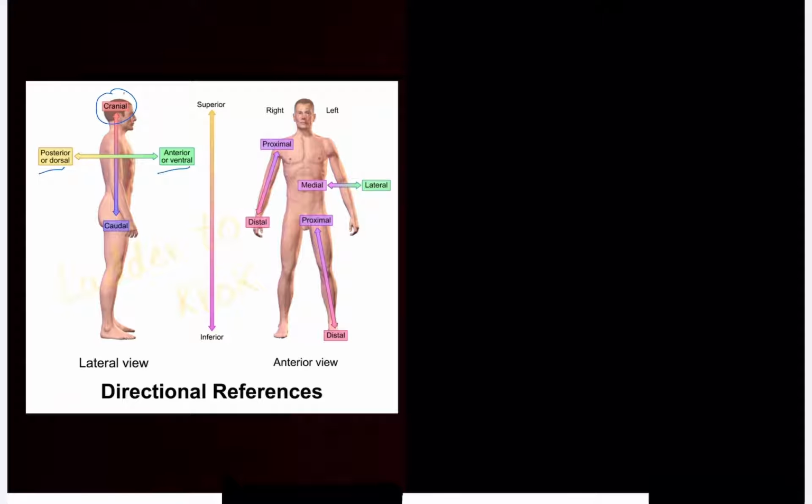Cranial means skull. So anything towards the cranial side, that means they are pointing it towards the head side, towards the skull side. Caudal in Latin, in English it means tail. So anything towards the tail side. Here you have a bone, right? Coccyx. We humans don't have a tail, but we do have a remnant of it, which is known as coccyx, a bone. So that's called as tail. So anything towards the tail side will be termed as caudal in anatomy.